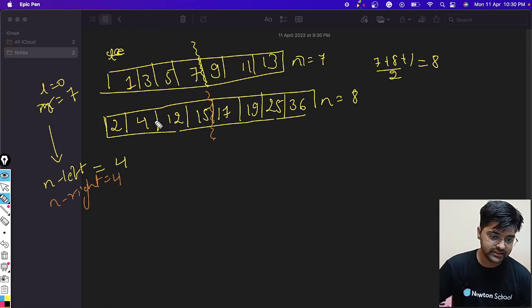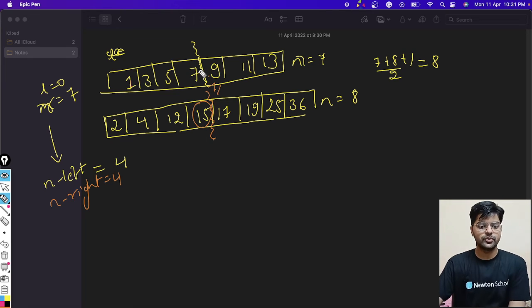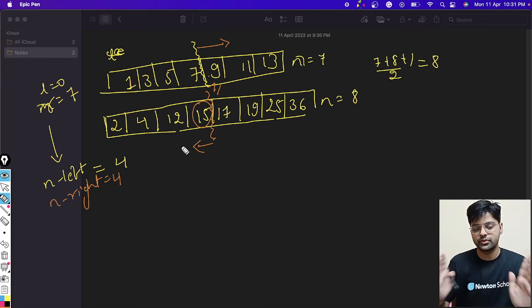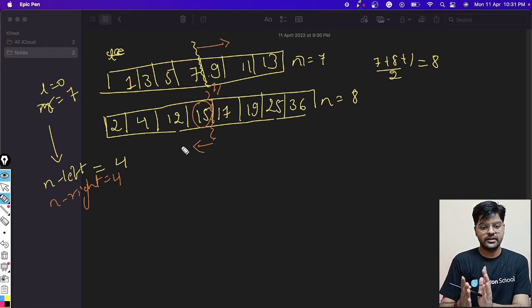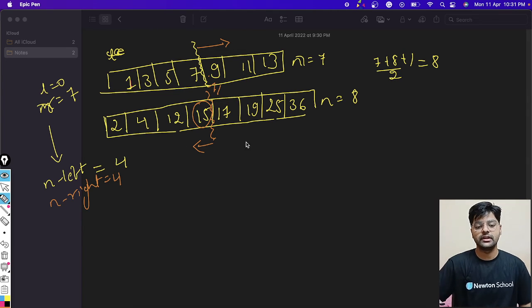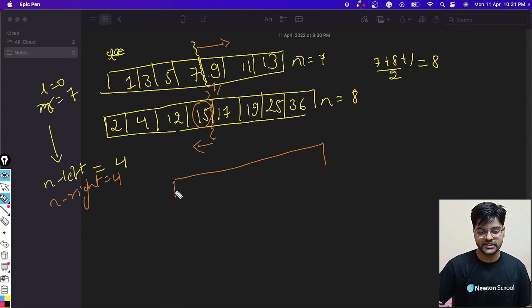In this case we can clearly see that this array element is greater than or equal to 9. So this cannot be the boundary. Then we will have to move this boundary rightward and this boundary leftward, right? To get the finally merged sorted array, we are considering that the elements lying on the left of the boundary, on both sides, will be on the left side of the merged array, right?